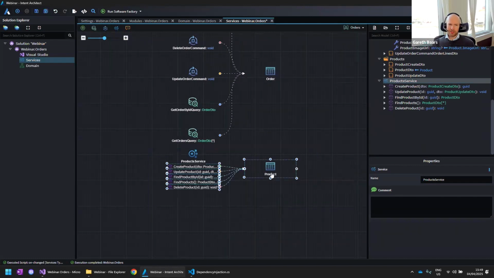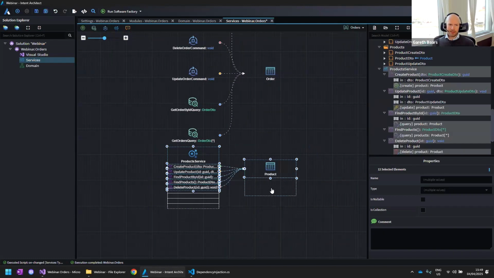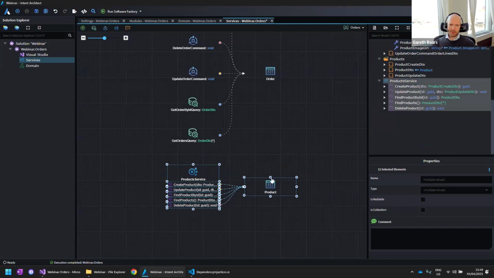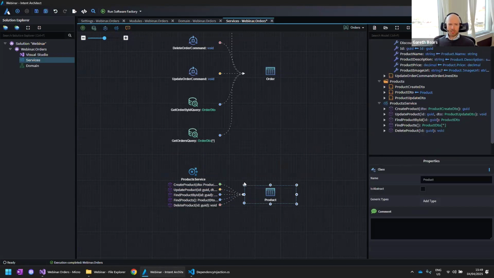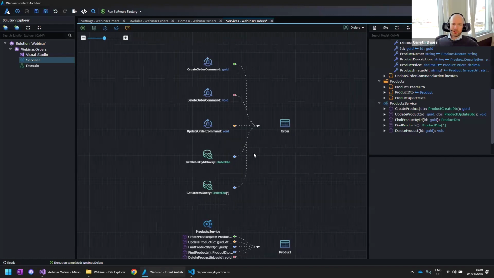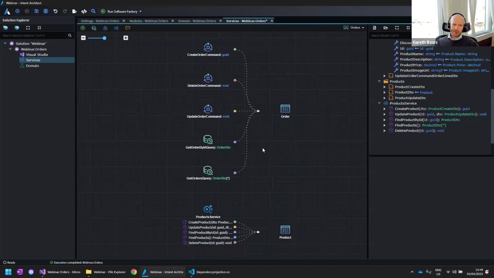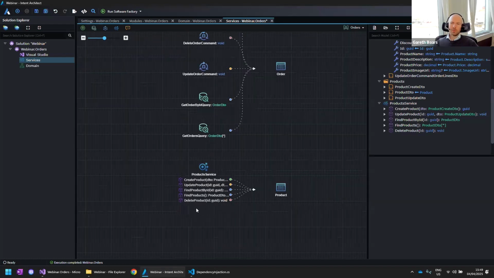So I'm just going to drag this into the diagram so we can see these. And just going to lay it out nice and neatly for myself. There we go. And what you can see here is the difference between the CQRS paradigm, commands and queries, versus services with operations. Ultimately, when we create these, we can achieve the same results, especially from a CRUD perspective, if that's what we're looking for.